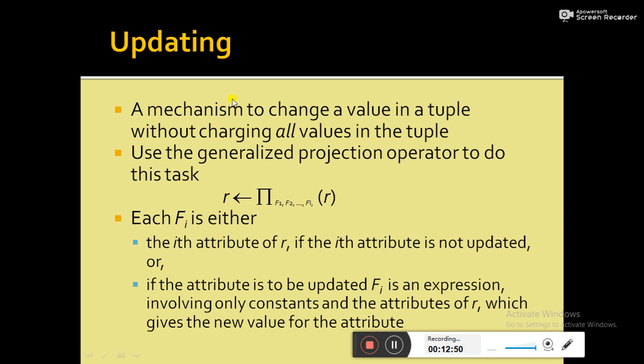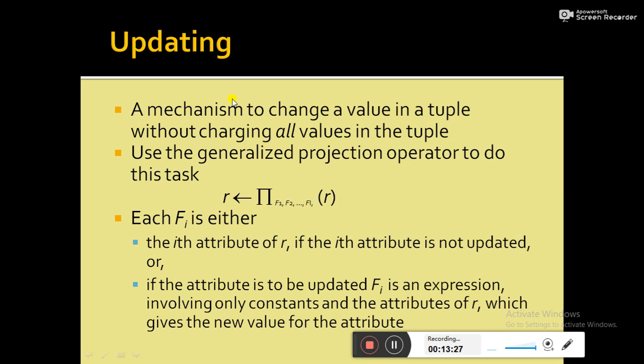Updating means the database contains a set of records. Suppose in future we need to change a value against a particular attribute for a particular record, then we have to perform updation. For example, suppose in a student database a set of records are there. Suppose it stores student roll number, student name, address and phone number. Suppose for a particular student we need to change the address, then we can change that student's address with